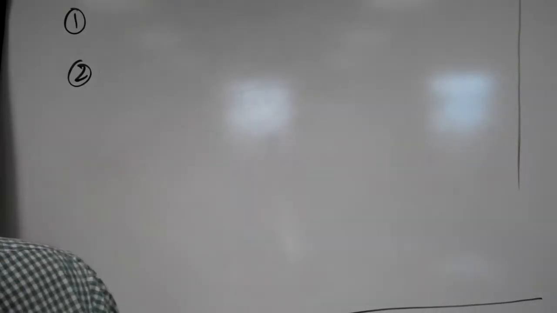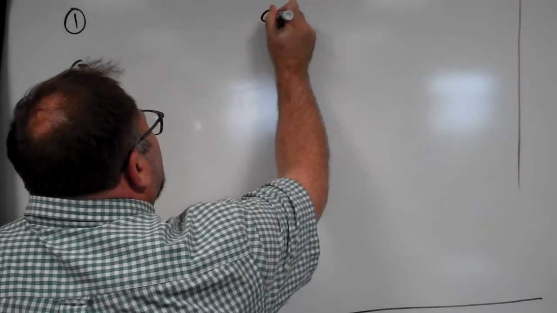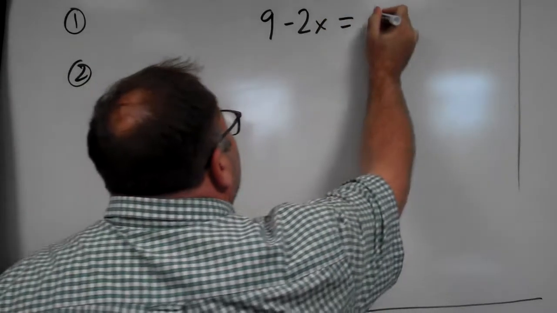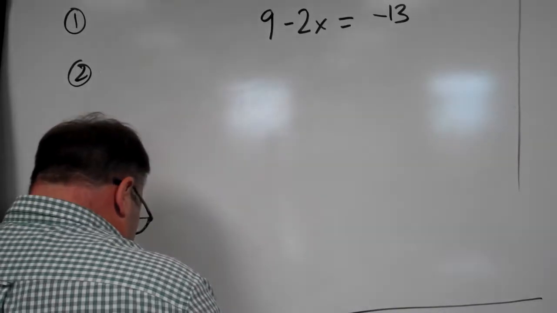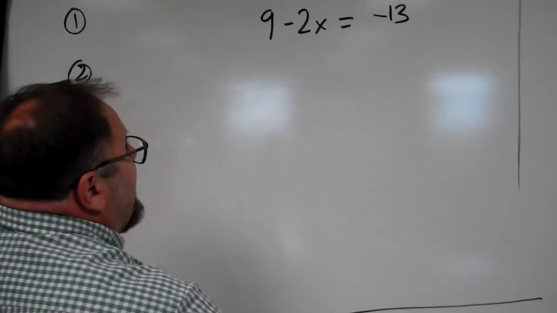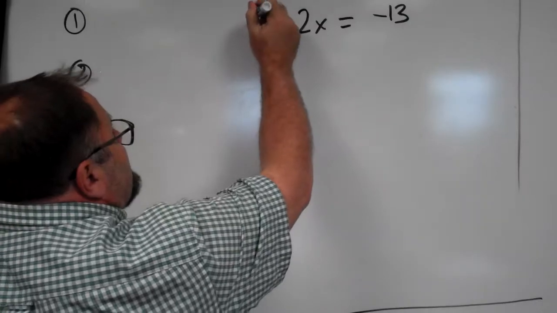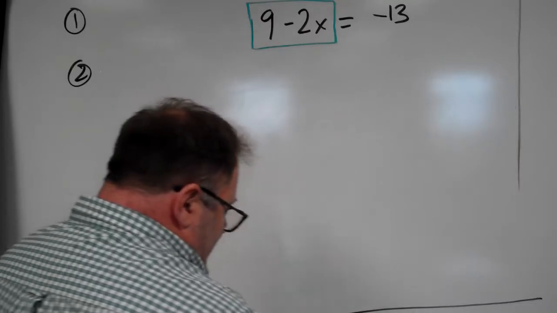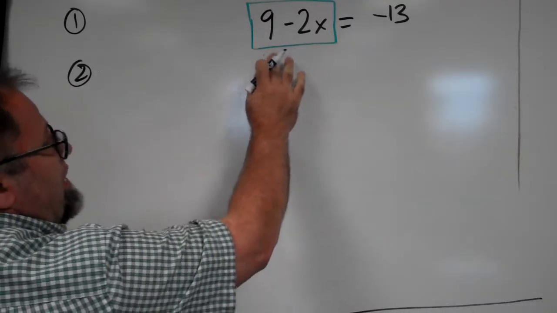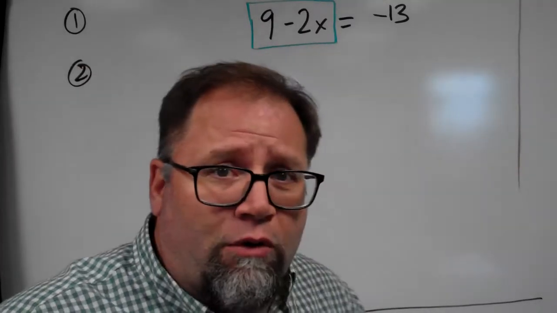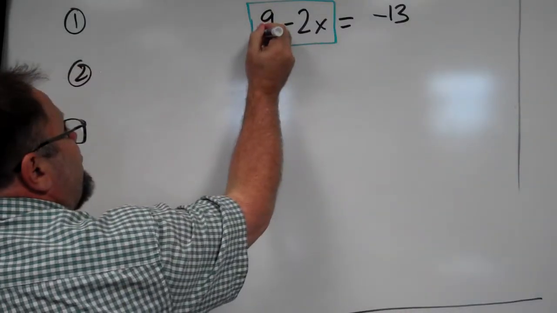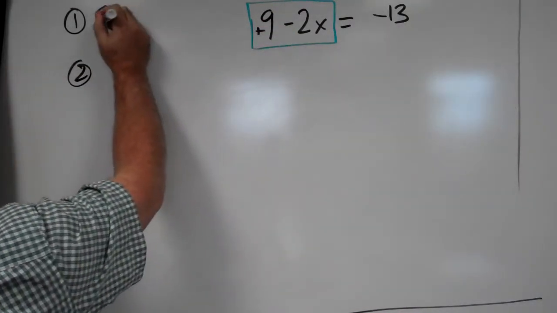Good. All right, so I got 9 minus 2x equals negative 13. And looking at that, where is that variable? Oh, the variable's on this side this time. So the first thing we're going to do is take care of that extra constant. That's that 9. Now, for some reason, kids look at the 9 and don't know what the sign is. The sign is positive. So I want to subtract